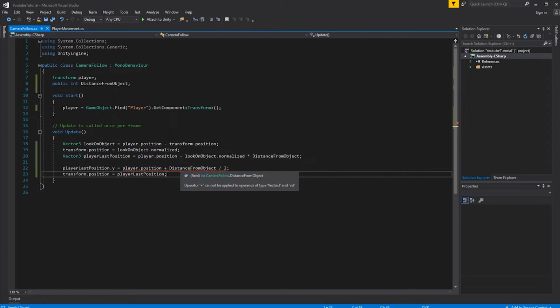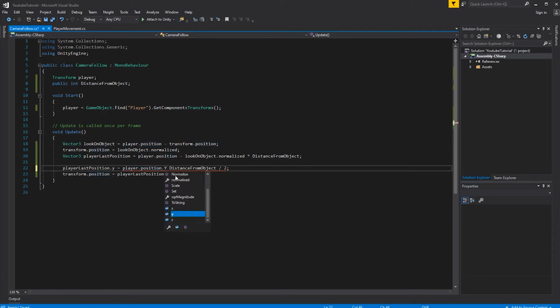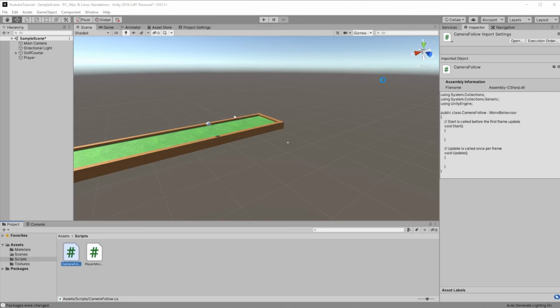What's wrong there? Oh, let's see. Player position.y, sorry. Now it must work. Let's see.